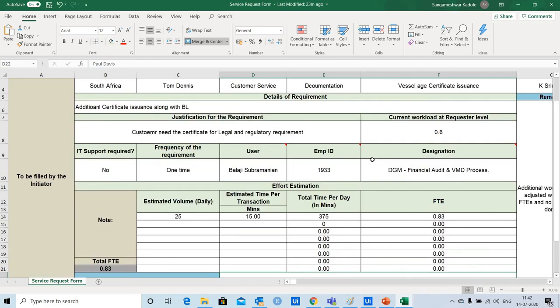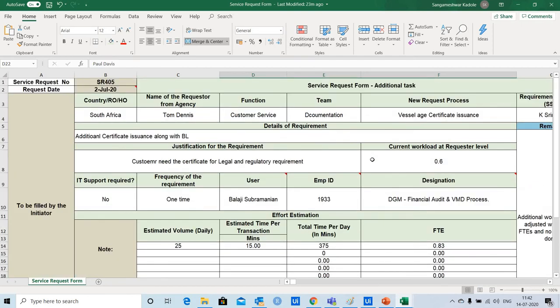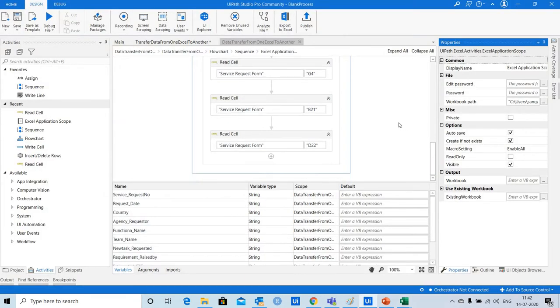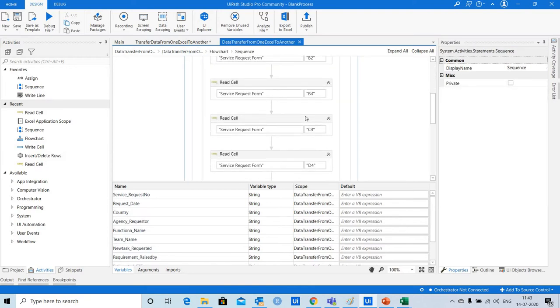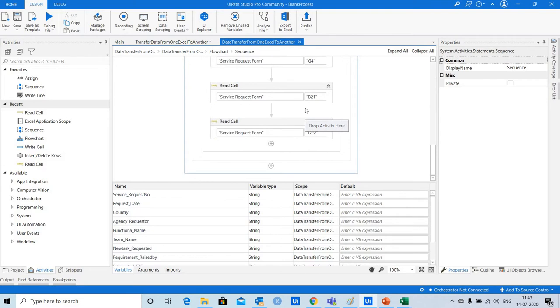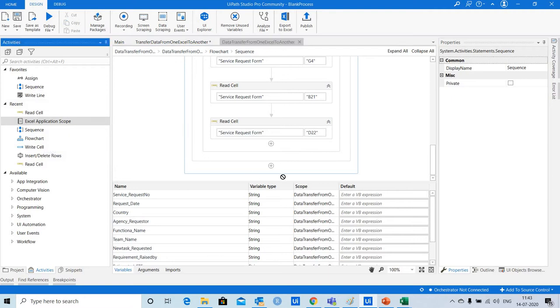Now with this we have completed reading all required cells to capture input data. So now let's go back to the sequence or flow chart. Inside the sequence I'm going to use one more Excel application scope activity.